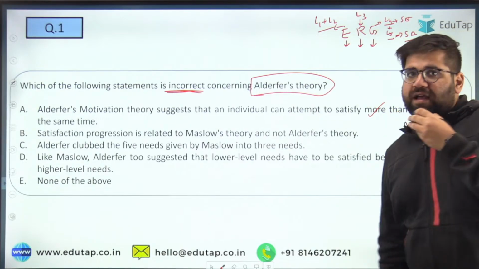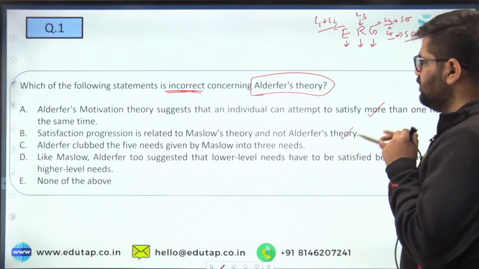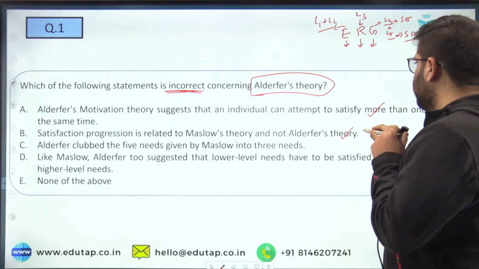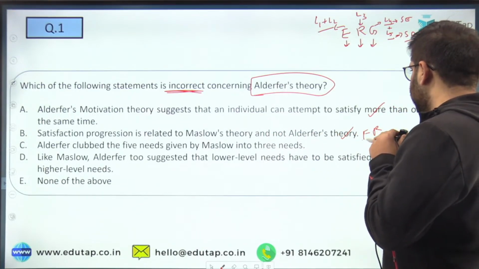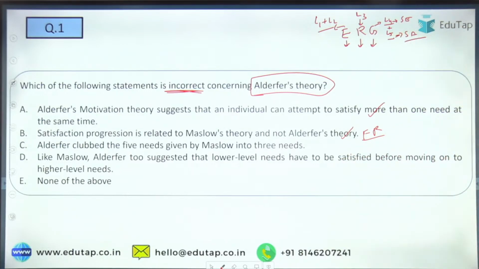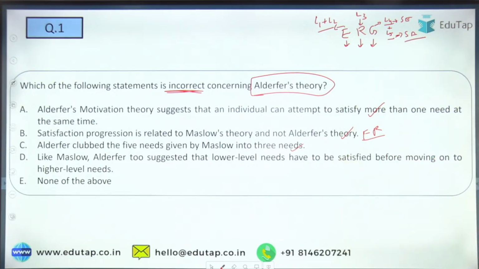So if you know the comparison between Maslow and Alderfer, then you can definitely answer this. Satisfaction progression is related to Maslow theory and not to Alderfer. Yes, this statement is also correct. Why? Because Maslow gave you the concept of satisfaction progression, but Alderfer gave you the concept of frustration regression. Therefore, statement B is also correct. Alderfer clubbed 5 needs of Maslow into 3. This is also correct. Like Maslow, Alderfer too suggested that lower order needs have to be satisfied before moving to